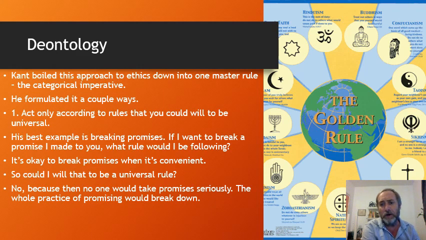So when you hear about Kant, you will probably hear about the categorical imperative. And this was his sort of boiling down of his general ethical view. He has a couple different formulations of it, but here's one. He says, act only according to rules that you would want to be universal rules. So anytime you want to do something, you think, what rule am I following? And would I want everyone to follow that same rule? And if you say yes, then go ahead and do it. And if you don't, if you think, no, I wouldn't want everyone to follow that rule, or more specifically, what Kant is saying, if following that rule would result in some kind of contradiction, then you don't do it,